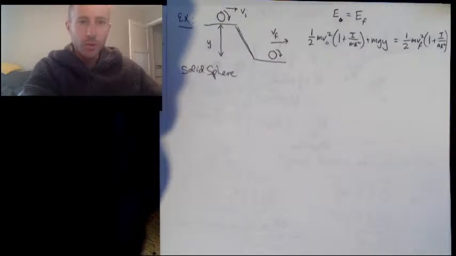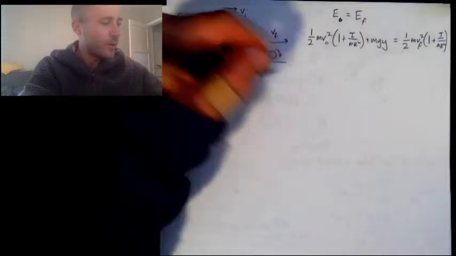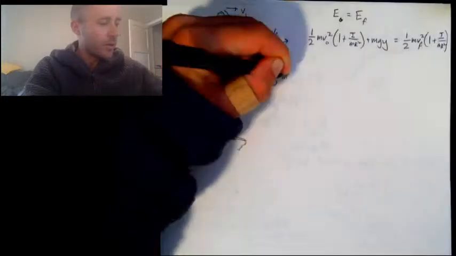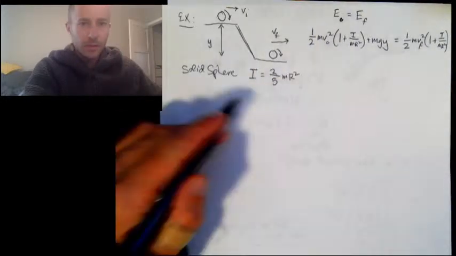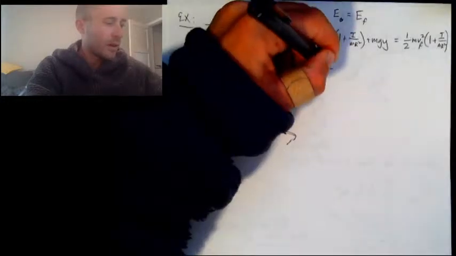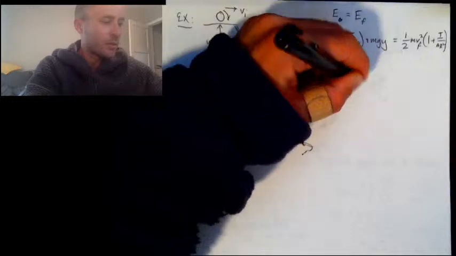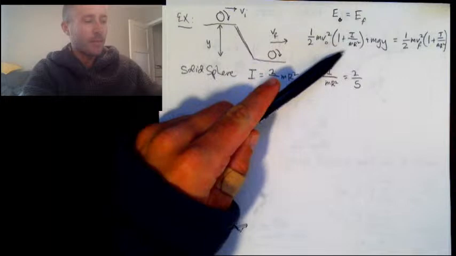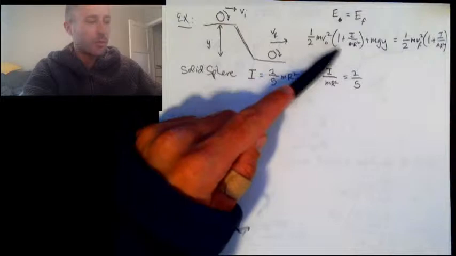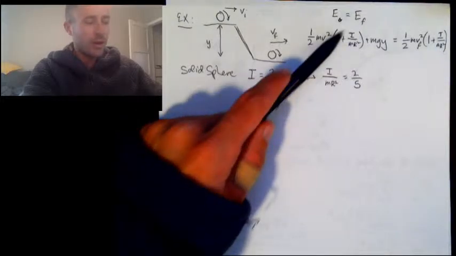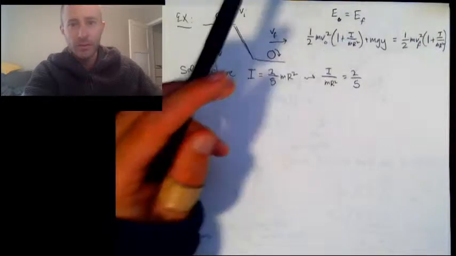the rotational inertia of a solid sphere is 2/5 mr squared. All right. So if I divide both sides by mr squared, I get I over mr squared is equal to 2/5. So my point is that this 1 plus I over mr squared, the I over mr squared is always going to be a simple fraction. And then when you do 1 plus I over mr squared, you get something